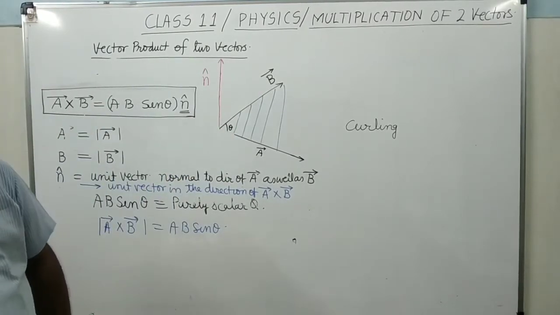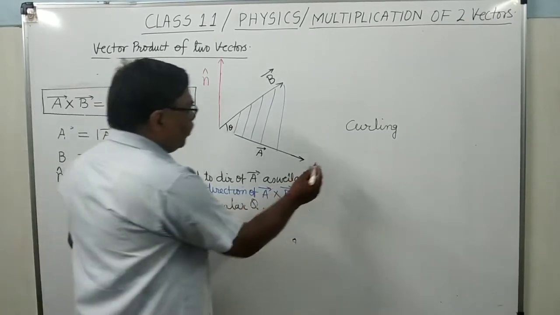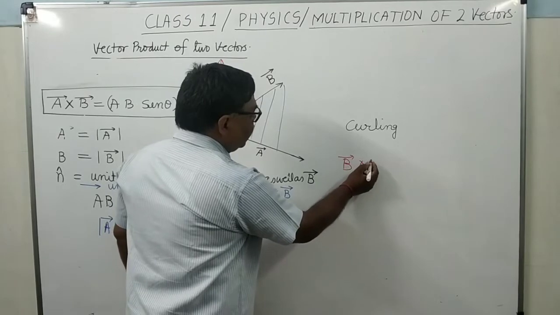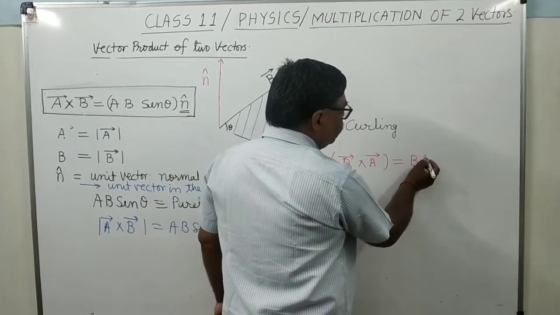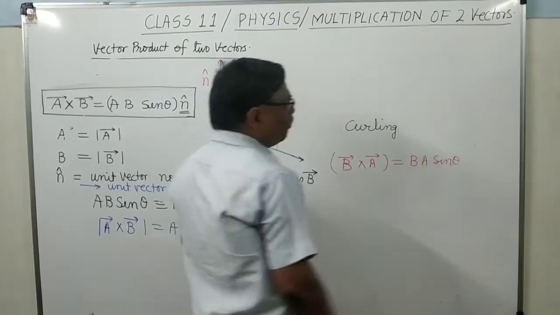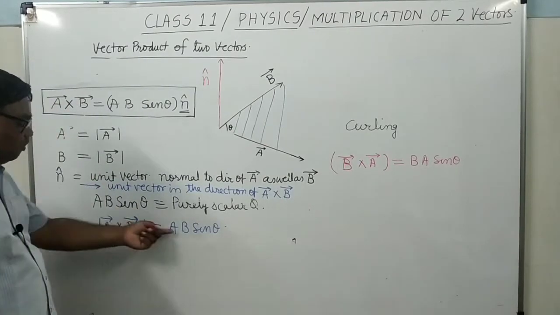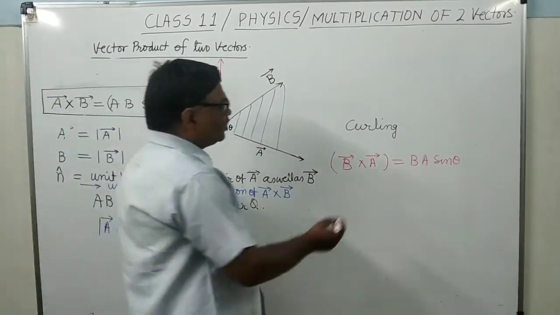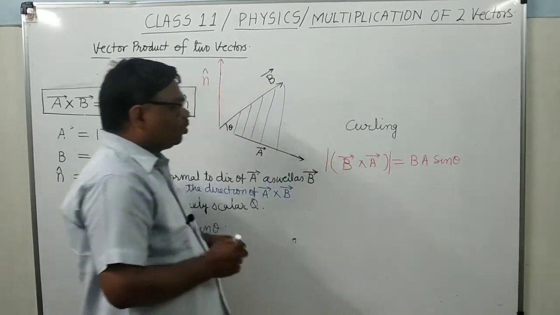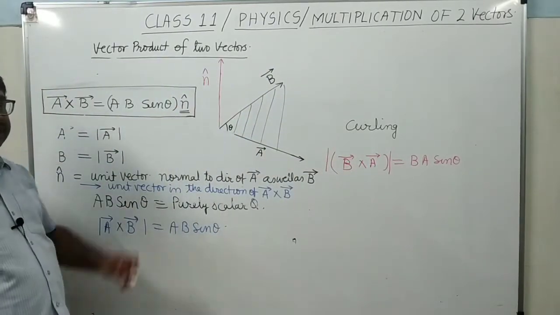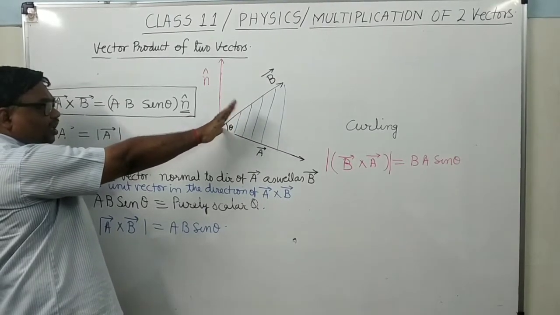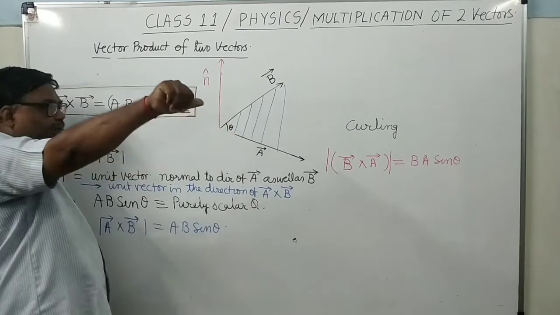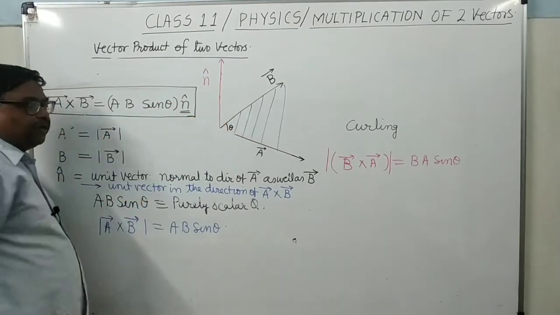Suppose you have to find vector B cross vector A. When you have to determine vector B cross vector A, you can see here what will be the magnitude. The magnitude is B into A into sine of the angle between both the vectors. BA sin theta means same as this. What will be the direction? Direction you can find by this rule. Now the first vector is vector B. You will place the palm along vector B, and the turning of fingers should be towards the second vector, towards vector A. The thumb is pointing in what way? It is normal to the plane of the board, inward.